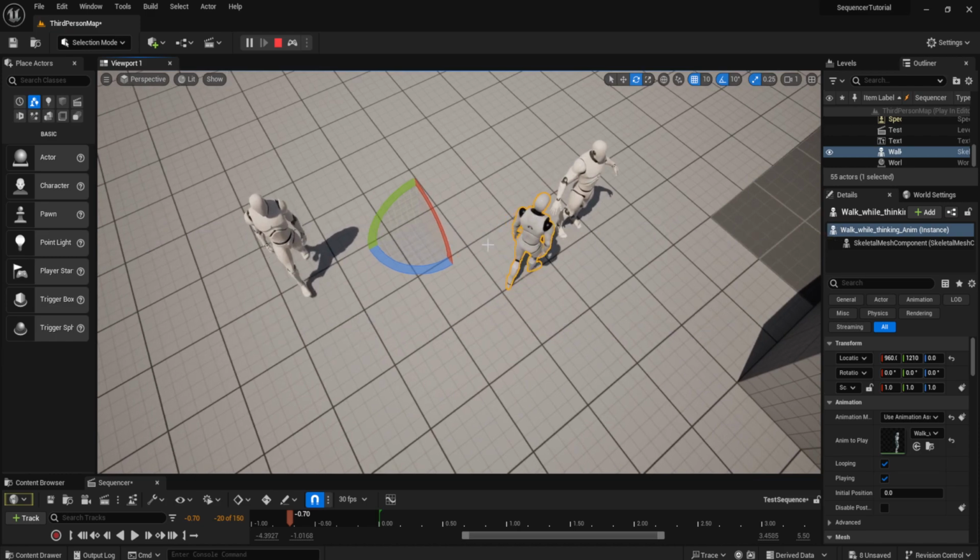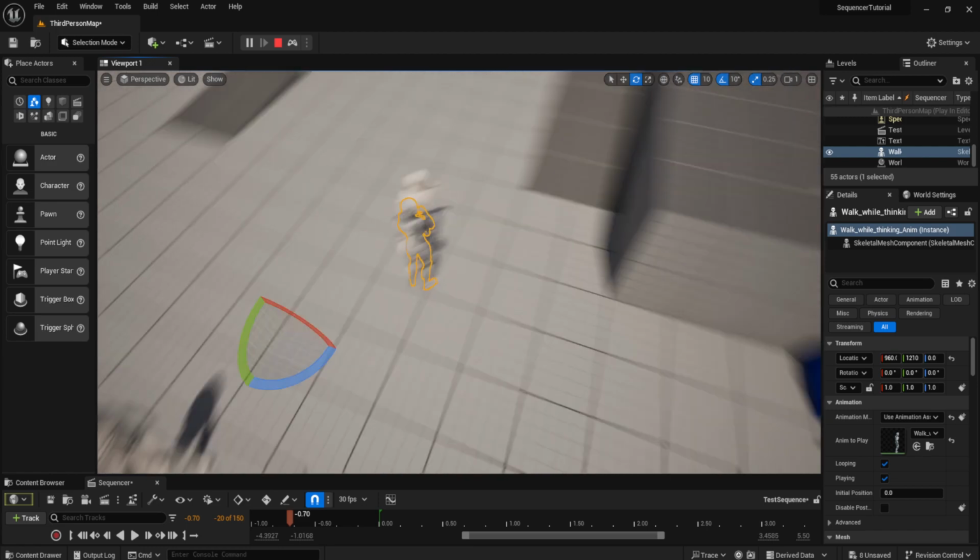So it's not really Rootmotion, but the character is actually moving. So we are going to be looking at those three types of animations, and it's going to be awesome